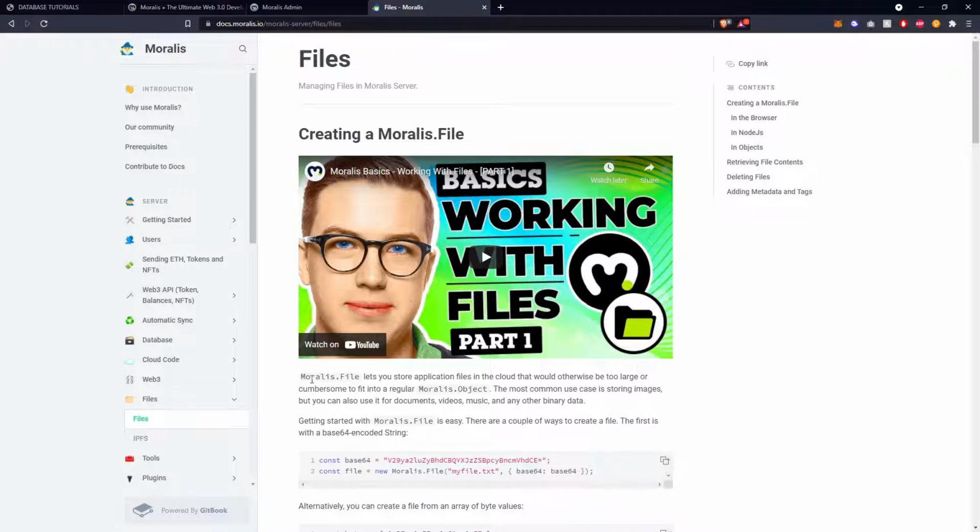files. But Moralis.File lets you store application files in the cloud, and that's particularly useful for files that would be too big to fit in the regular Moralis object. And that's typically for things like videos, music, maybe even images, and other large binary data. And there are a couple of ways that you can create a file. Also remember that by creating a file, you have access to the triggers that we covered in the cloud